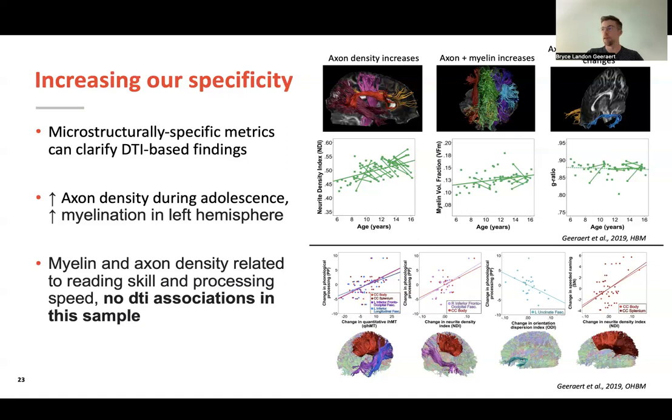over a 2-year period. Now, the really special thing about this study is that we had no FA or MD associations in our sample, and this is longitudinal data. It's change over a 2-year period. So there was no relationship between FA and MD changes in our adolescent sample, but there were relationships with our microstructurally specific metrics. So this really highlights how those microstructurally specific metrics can uncover trends we might have missed otherwise, or they can help to clarify what's driving our FA and MD relationships that are so well established in previous